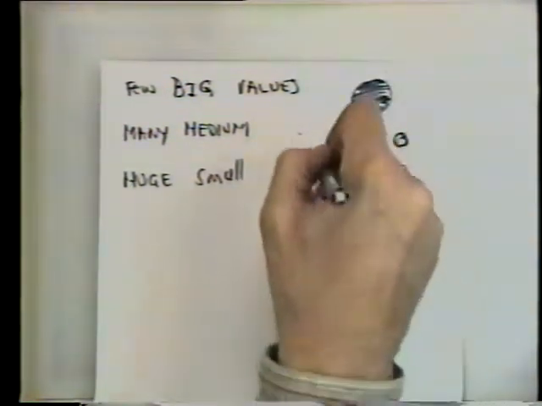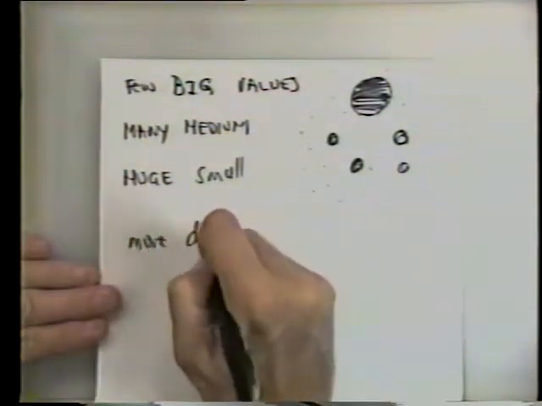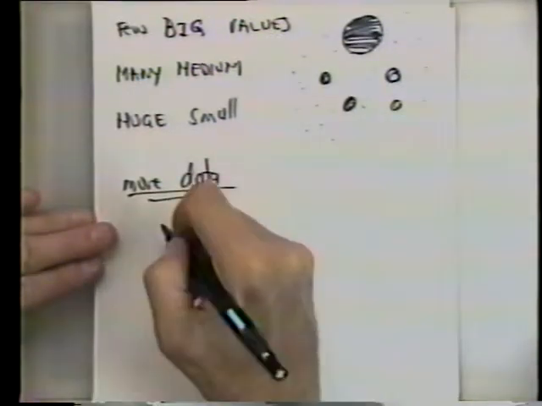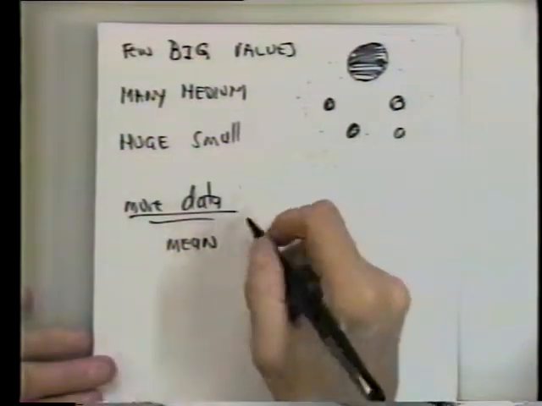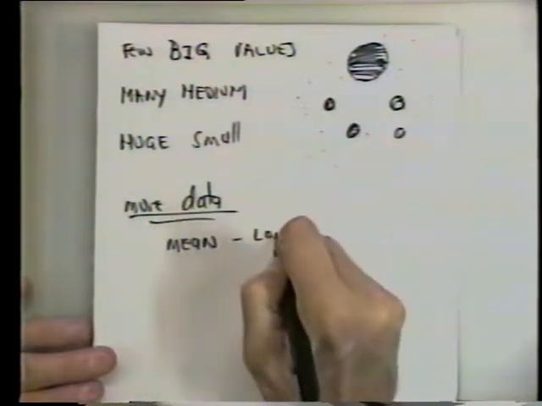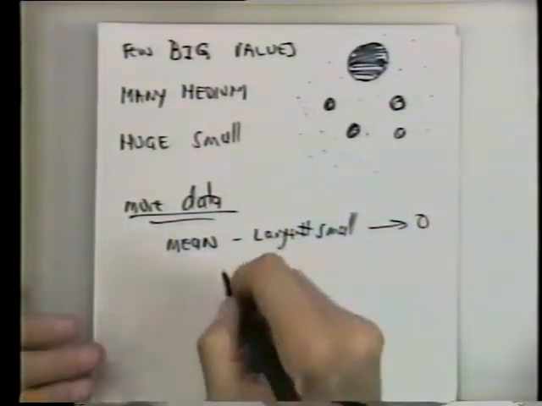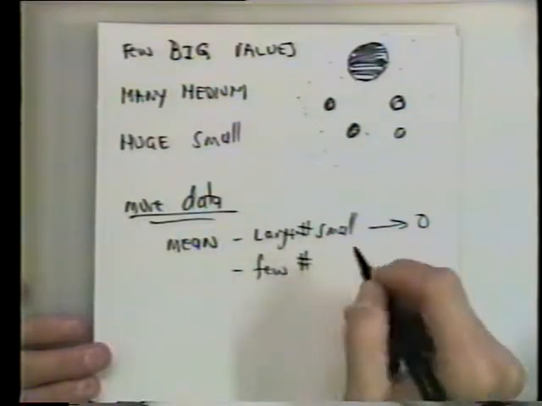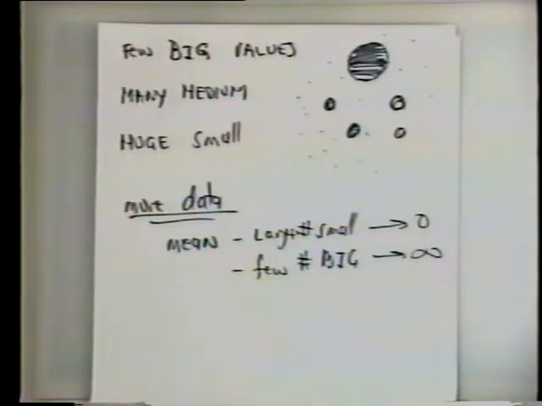And when we have a situation like this, as we accumulate more and more data, for the value of the mean, for example, 2 things can happen. Either the contribution of the large number of small values keeps driving the mean to 0, or the few big values that we have drive the mean ever larger. So in this case, there's no average size for things. And in fact, that's what's going on here in this room. There's no average size for the things in this room, as I've mentioned before.